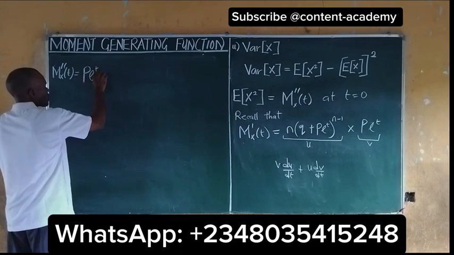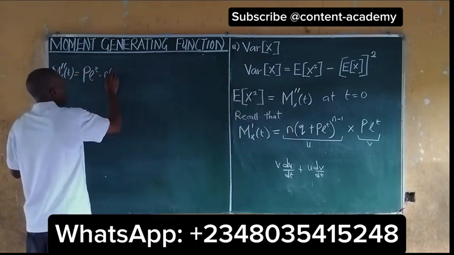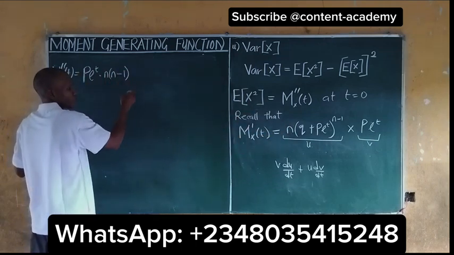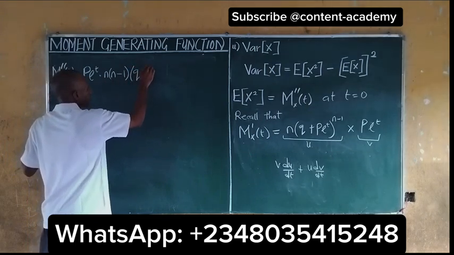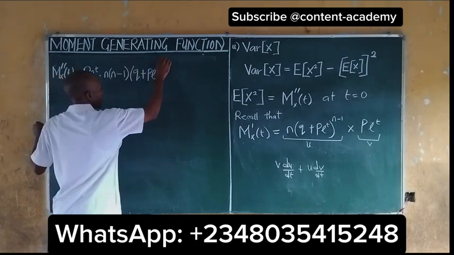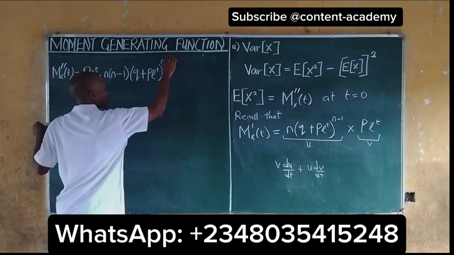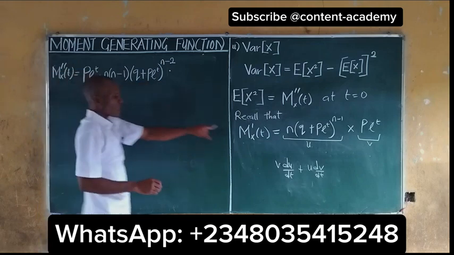If you differentiate that, n into n minus 1 will come over to give us n into n minus 1 into (q plus p e^t) raised to n minus 2, multiplied by what we have inside,